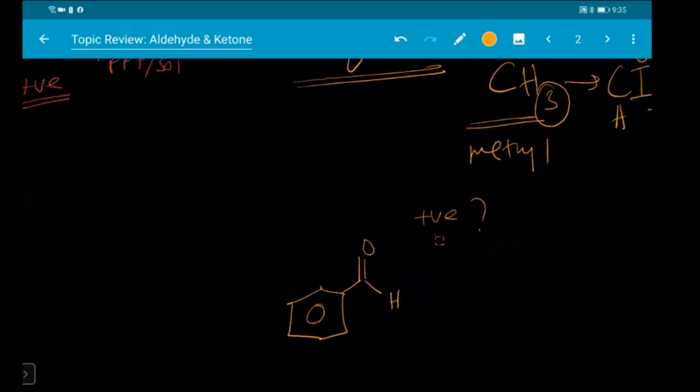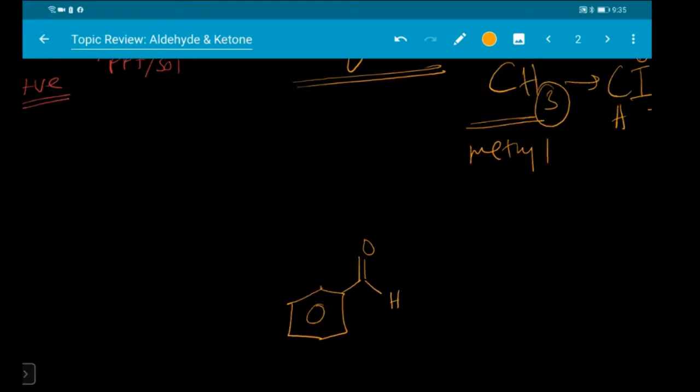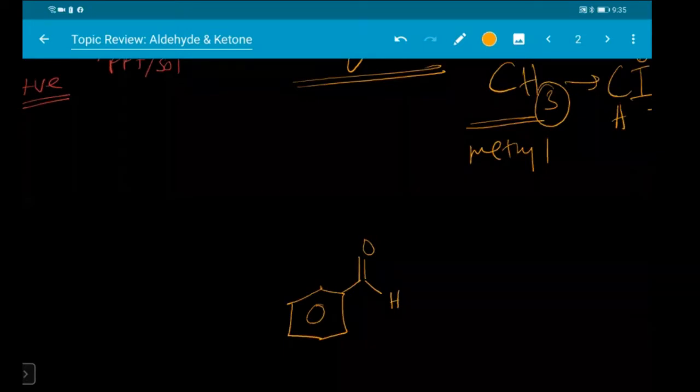Okay, benzaldehyde. Positif ke negatif result? Positif bermaksud warna biru bertukar jadi pale yellow precipitate. For benzaldehyde,